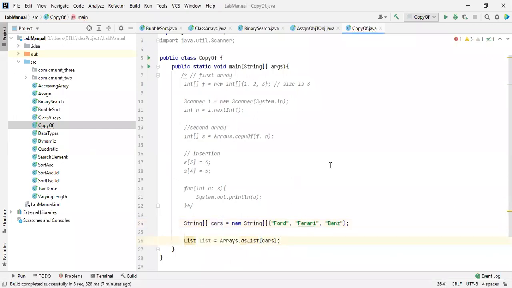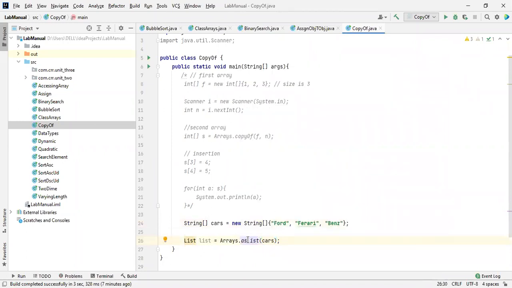Okay. So now we say to the Arrays class, please consider all these elements inside this array and convert all these to a list. You're saying all these values convert them to the list. That's why they named it asList.